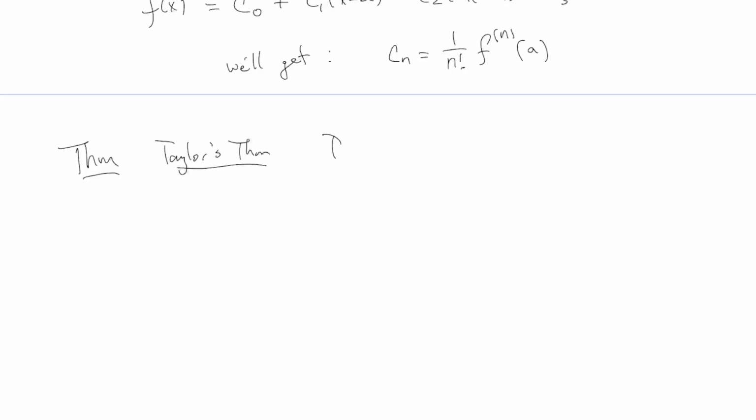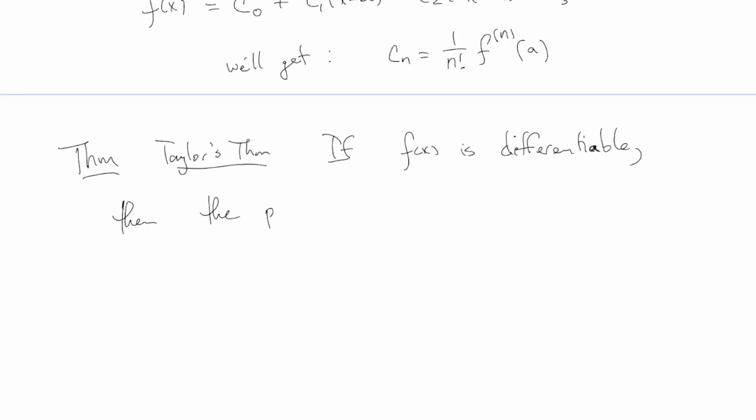And it says, if your function f of x is differentiable, of course, if you want to do this at all, this whole trick is based on taking the derivative over and over again. And if you can't take the derivative, then you can't do any of this. But if your function is differentiable, by that I mean you can take the derivative as many times as you like, not only one time, but all the derivatives exist, then